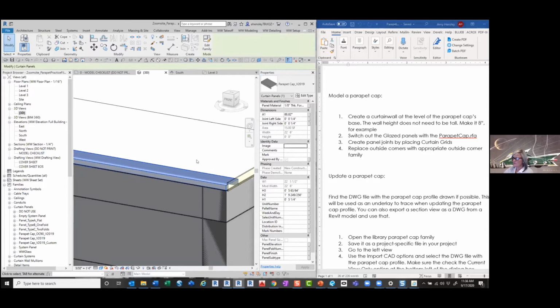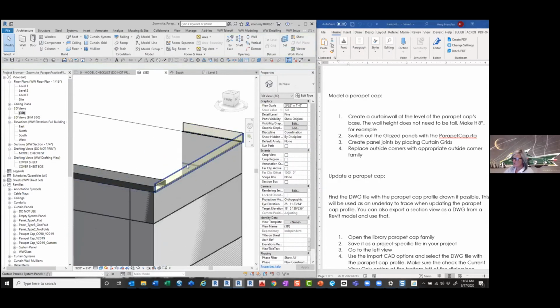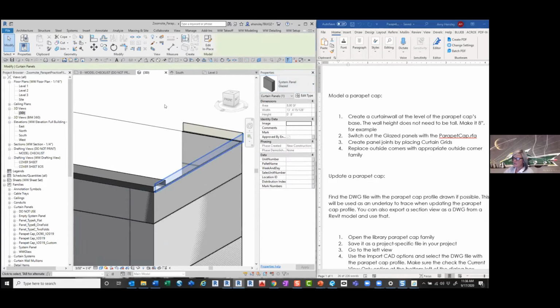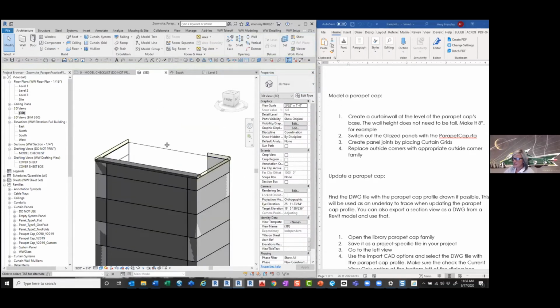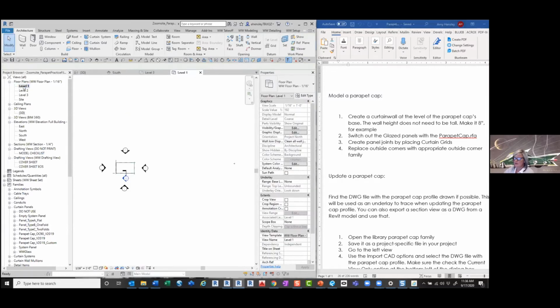And then just let it go. So we've switched out that glazed panel with a family. But let's check how we're doing on where it's placed before we go with building parapets all the way around our whole building. So if you go to level 1 or any of those levels, you'll see we have a